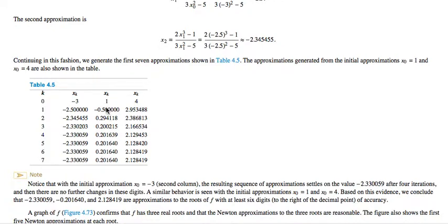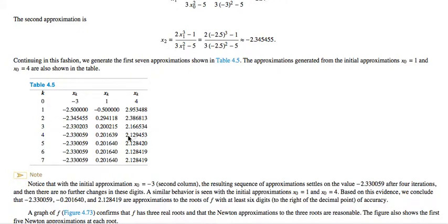Same thing with starting at 1. Our approximation goes to negative 0.5, 0.294118, 0.200215, and then by the fifth, sixth, and seventh approximations, we have 0.201640. With 4, we have 2.95, 2.38,